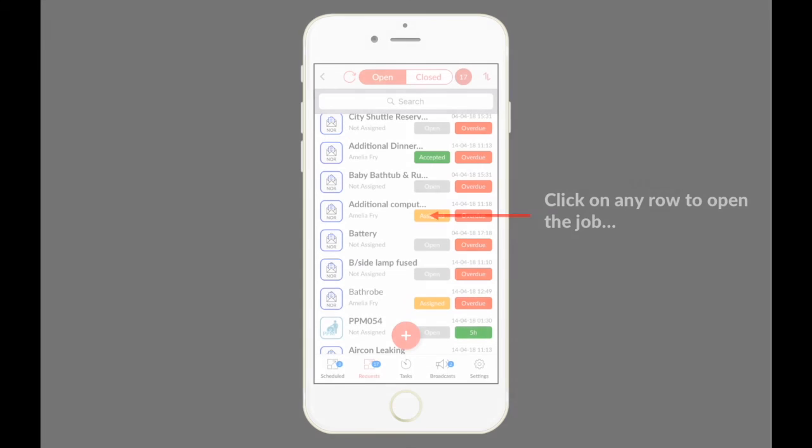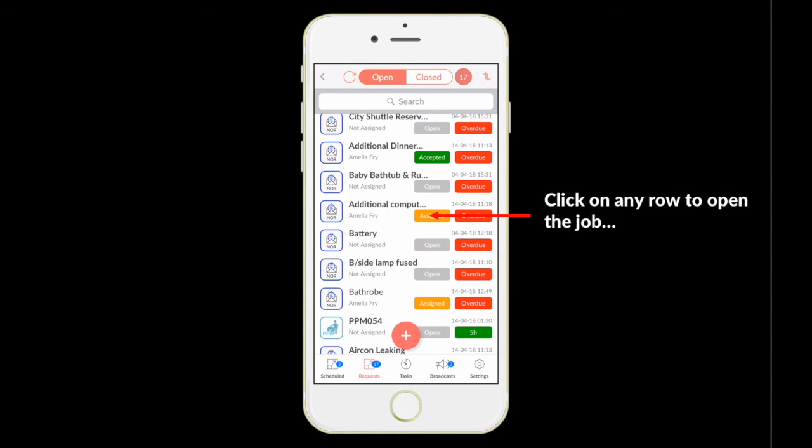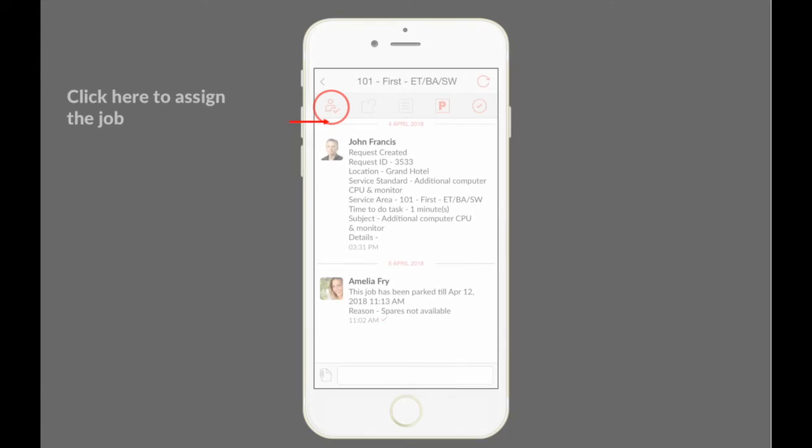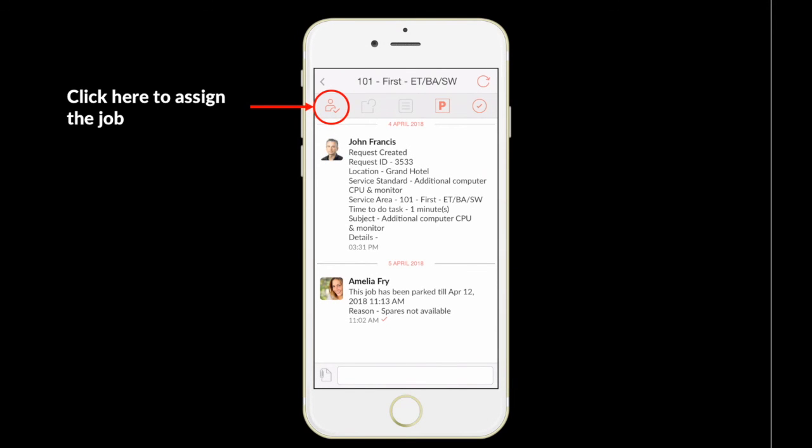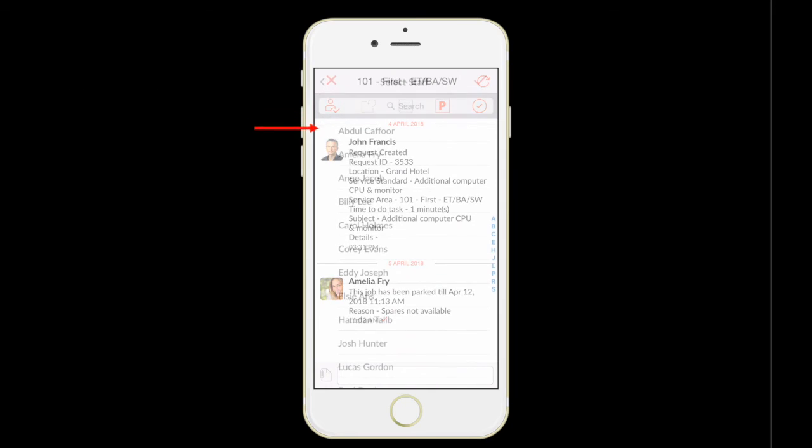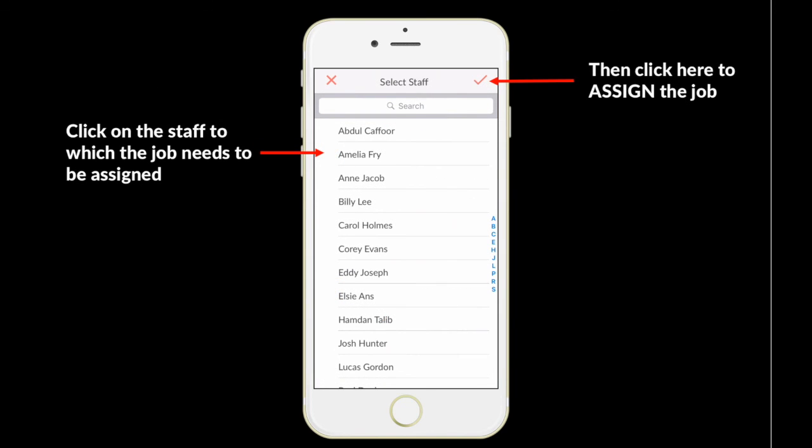Click on any request that needs to be assigned, and the request chat window opens. This shows all the conversations and events that has happened till now. Click on the Assign button to list the runners or support staff to whom this job can be assigned. It will list only those staff that are linked to that category. For example, only housekeeping runners will be listed for housekeeping jobs. Click on the staff to which the job needs to be assigned to, and then click on the tick mark